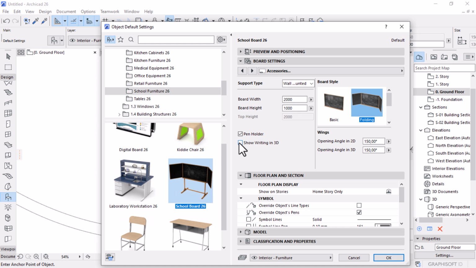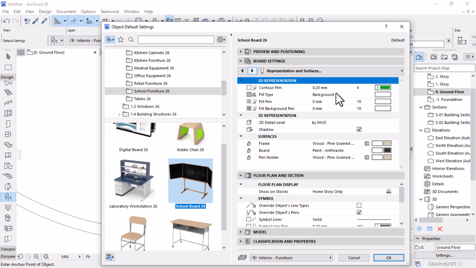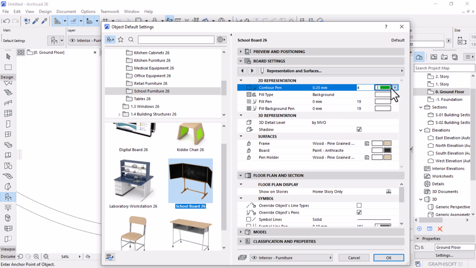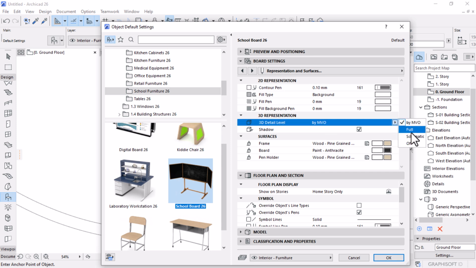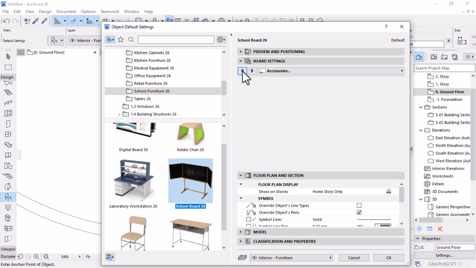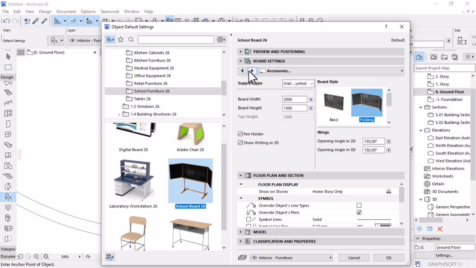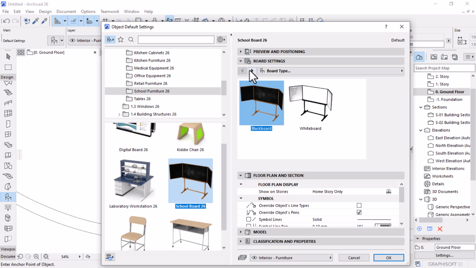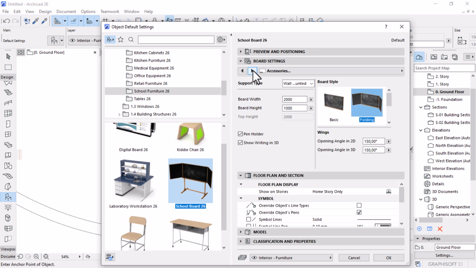And then I'm going to include some writing in 3D. Change this pen to 10. I think everything will pen. On 3D I could also make it full, and then there should be a dimension for the board, the thickness of the board. So board width should be,